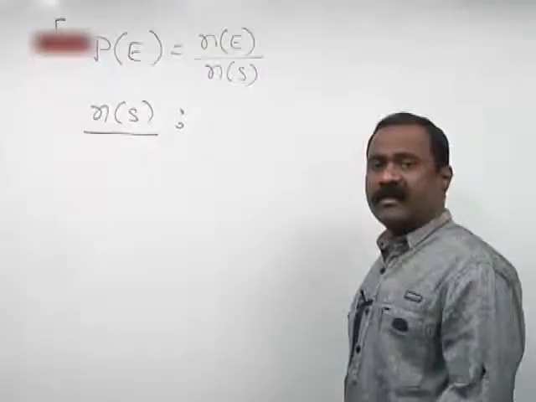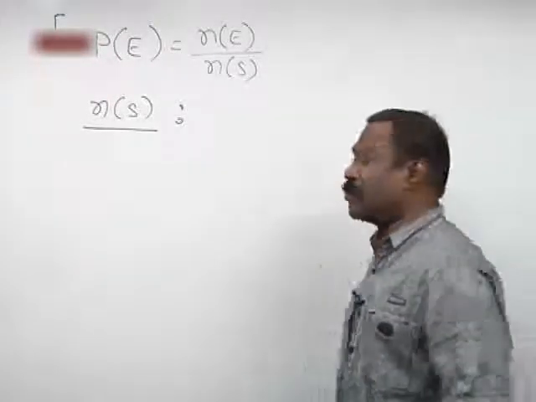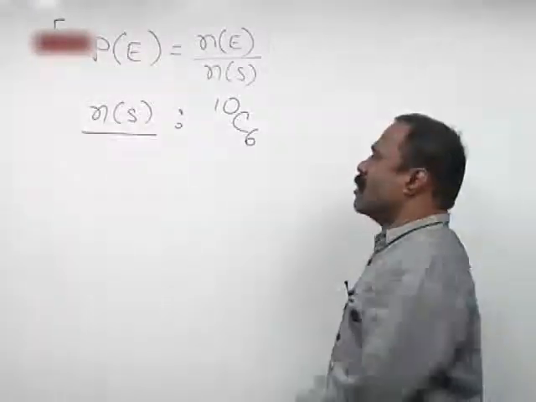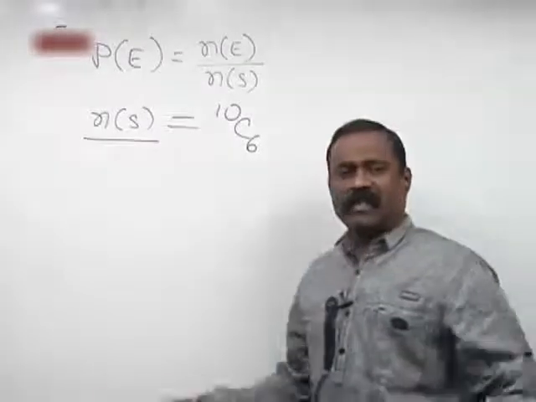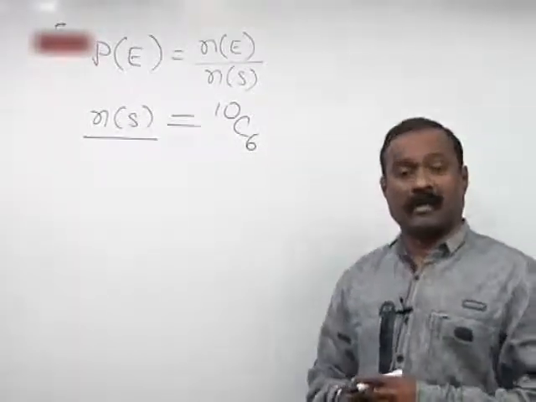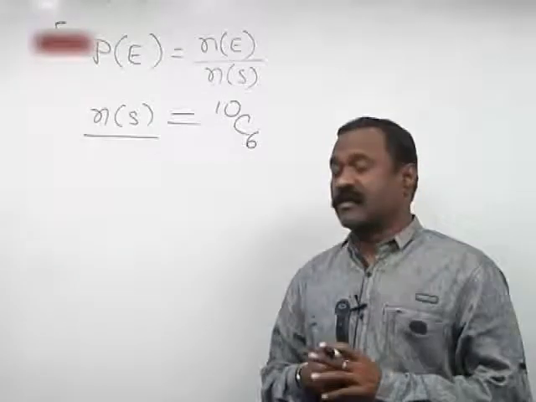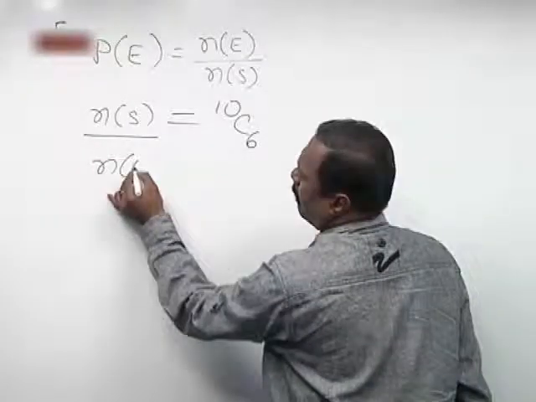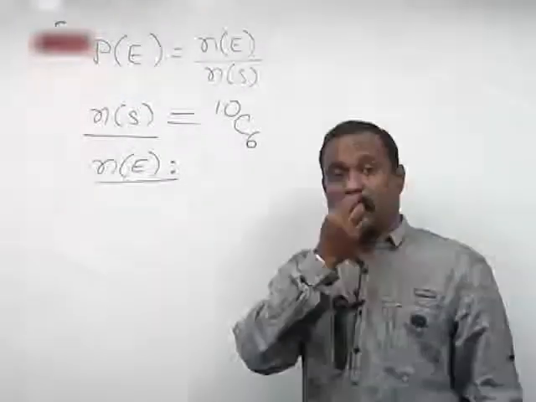N of S. The total number of outcomes: totally 10 articles are there. From 10 articles, 6 articles are chosen, which can be done in 10C6 different ways. So in this case, N of S is nothing but 10C6. Now, to apply the classical definition of probability, our denominator is fixed to be 10C6. Now, we need N of E here. What should be N of E? N of E is nothing but